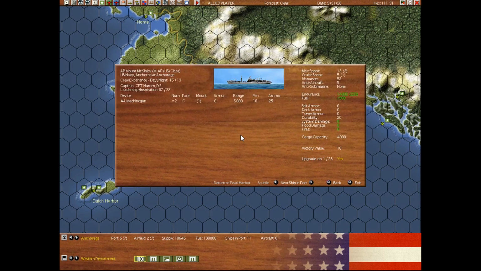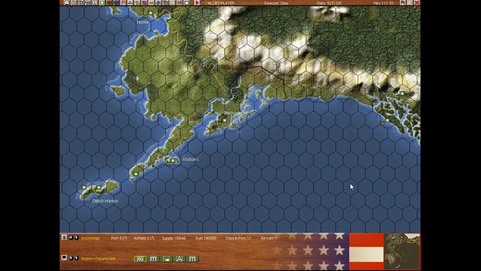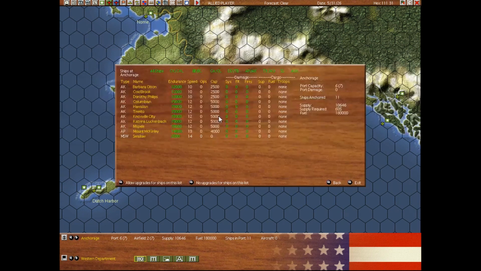And the other thing I was looking for was the military abbreviations. AP is indeed troop transport. AK is cargo. So we have 1 troop transport, which I might just leave up here. And a bunch of other transports, which I will probably move to the...